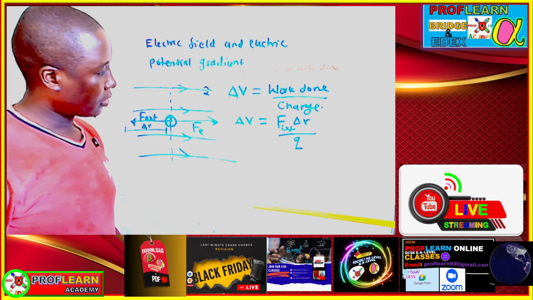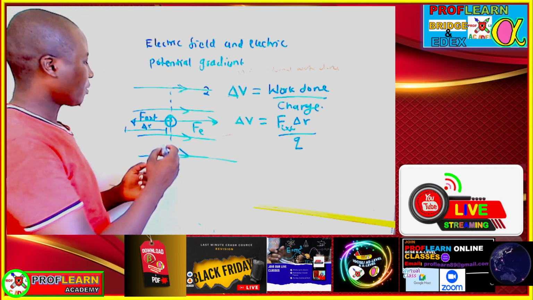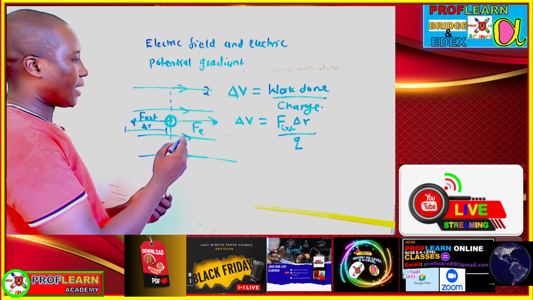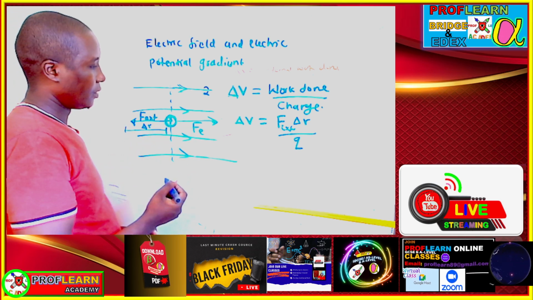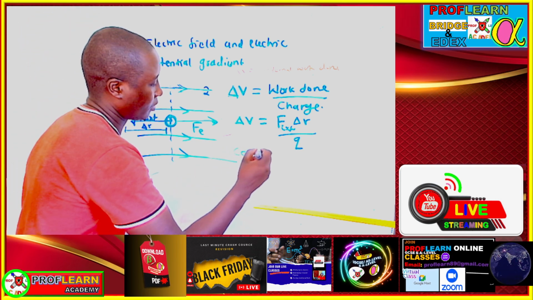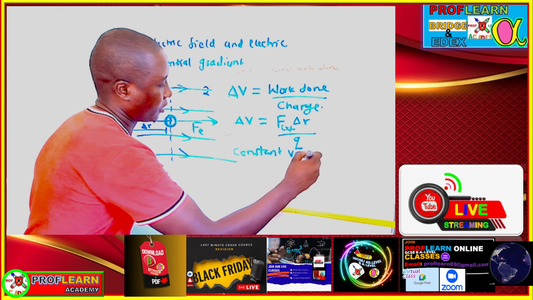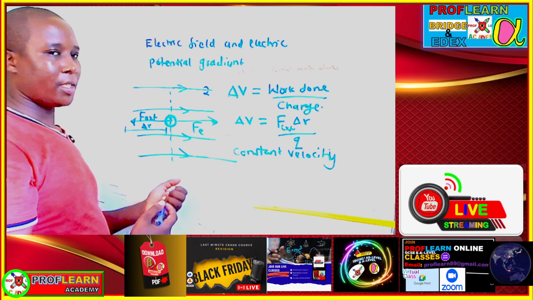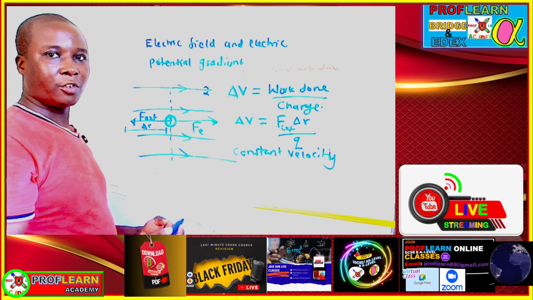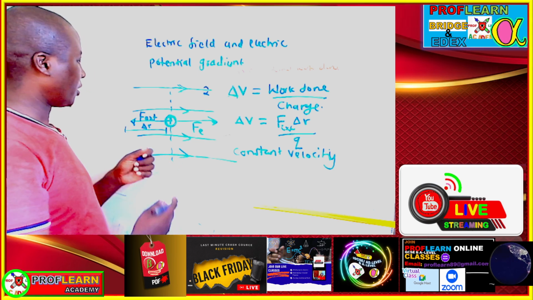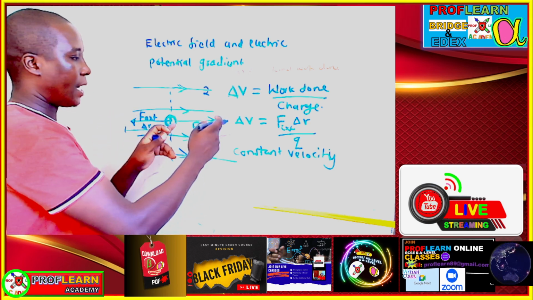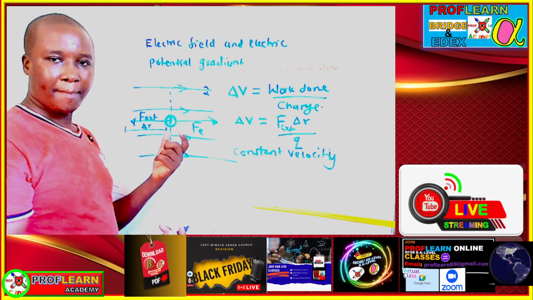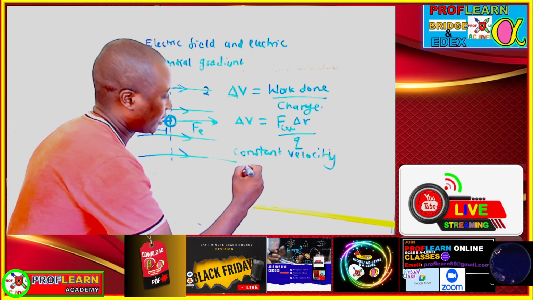But something that you need to remember is that this force is going to be pulled at a constant velocity, the charge is going to be pulled at a constant velocity. It means the resultant force is zero. So if the resultant force is zero, it will mean the external force applied and the electric force are equal. But they are equal in opposite direction, and in that case we're going to say now